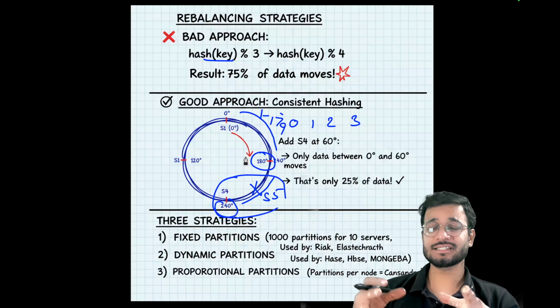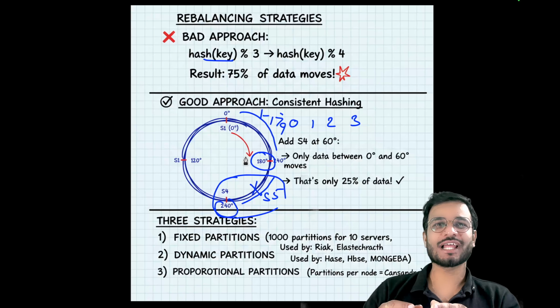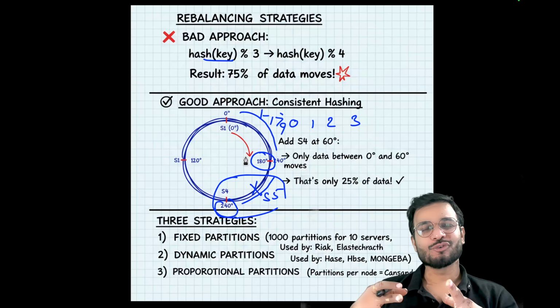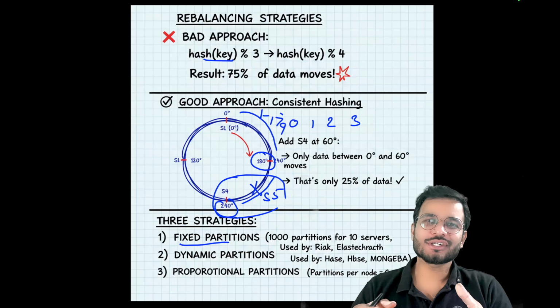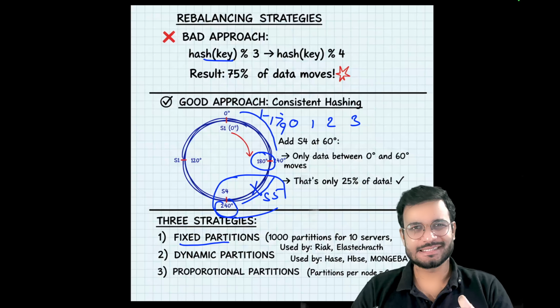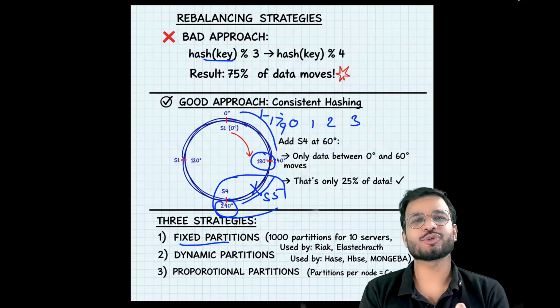You have 4 servers in this case. Do you think that for 4 servers we will have only 4 partitions? No, that's wrong. Actually, we can have multiple partitions in every server. In this case, let's say we have 1000 partitions over 10 servers. So we can equally divide the number of partitions among the 10 servers. So for each server, we will have around 100 partitions. That way, it is easy to move entire partitions into different nodes.